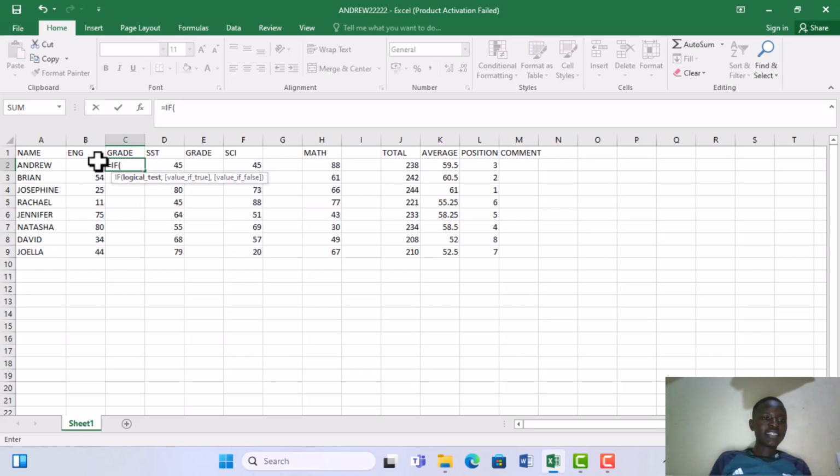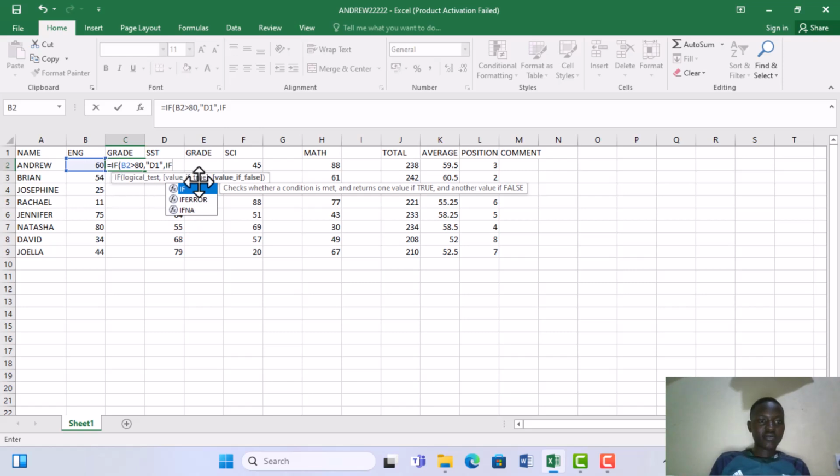If the cell B2, because it's the one we want to calculate, is greater than, now according to the grading system of your school, you may decide on what you want. Open quotes, you put D1, put a comma, you write IF again,